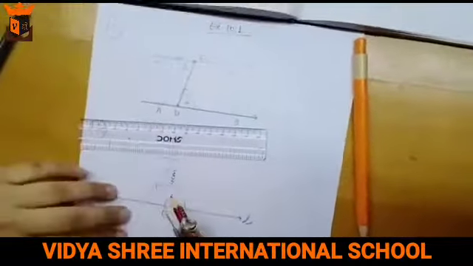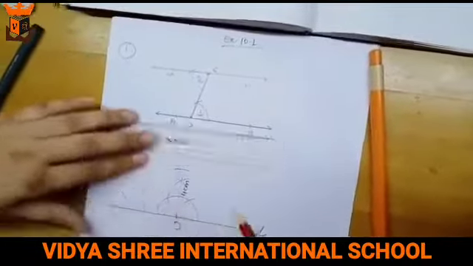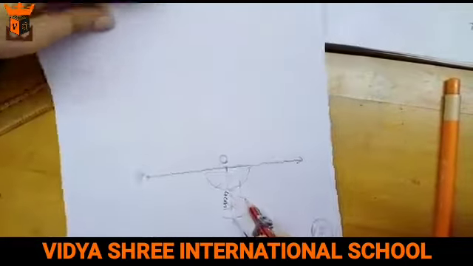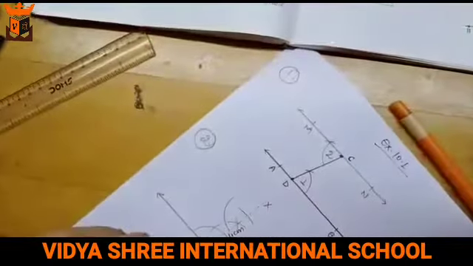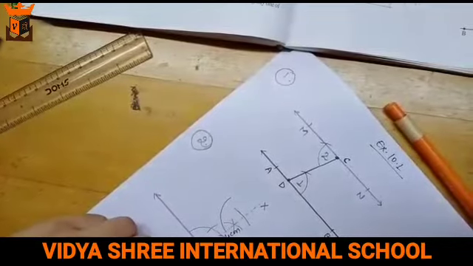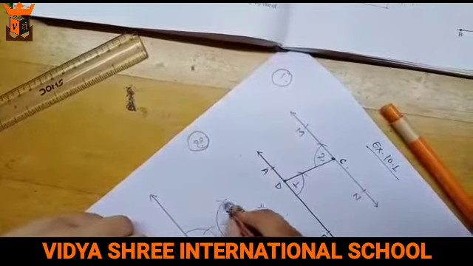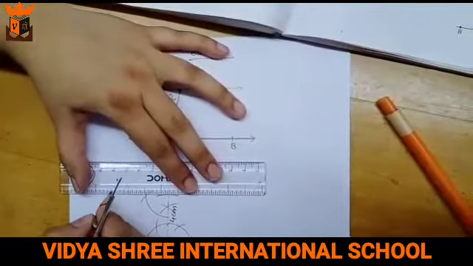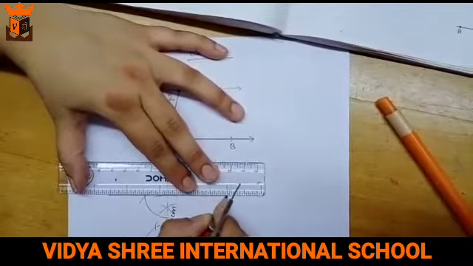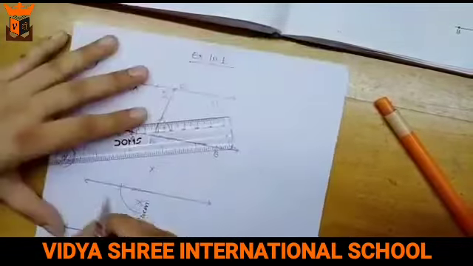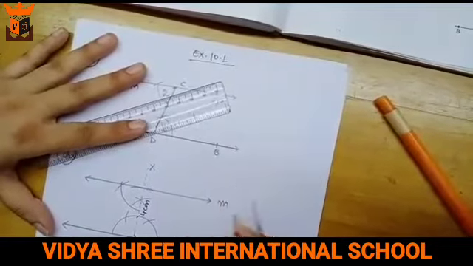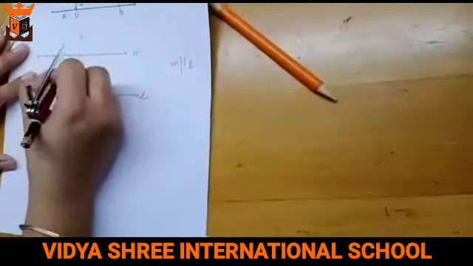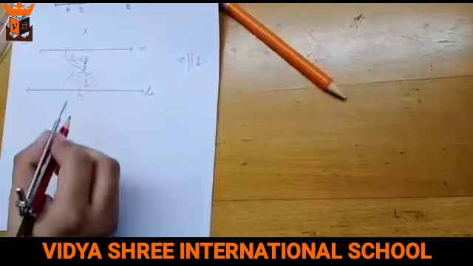again we need to take a circle, a half semicircle. Now rotate your paper and take a circle and then open your arc to measure it here, and then cut from here, and we have to take a cut over here and then join the lines. This is a parallel line to line L, which is called line M. So we can say M is parallel to L only when angle 1 equals angle 2. These are the alternate angles.